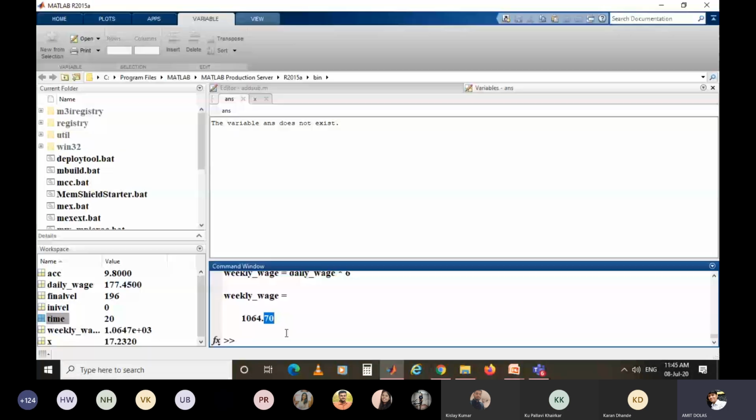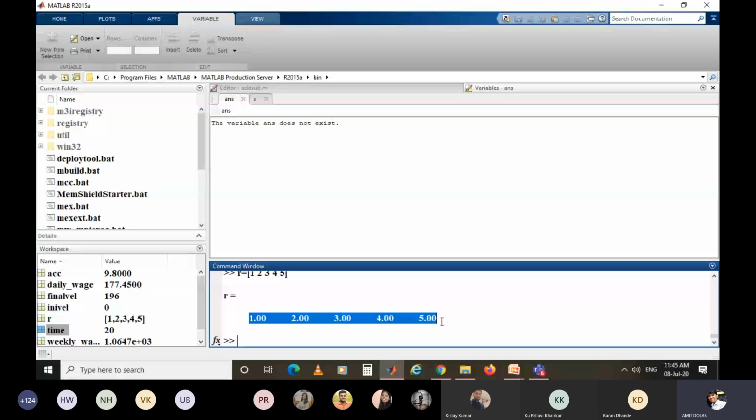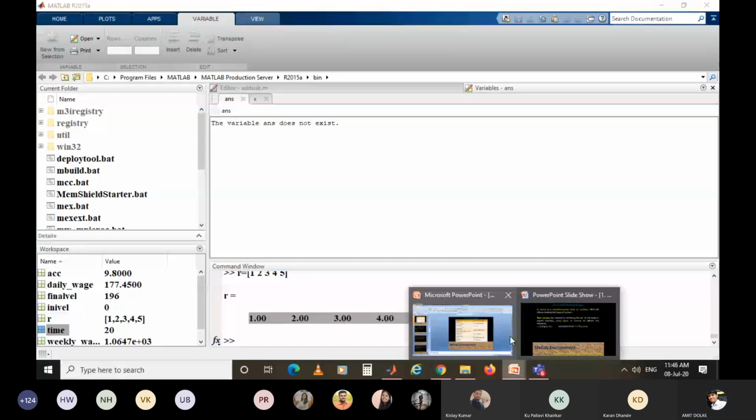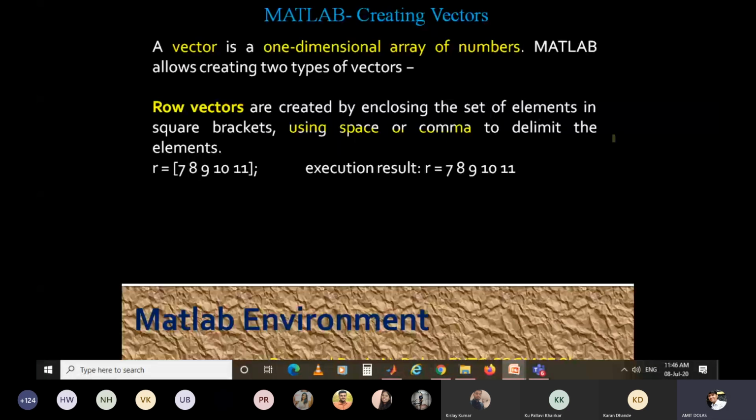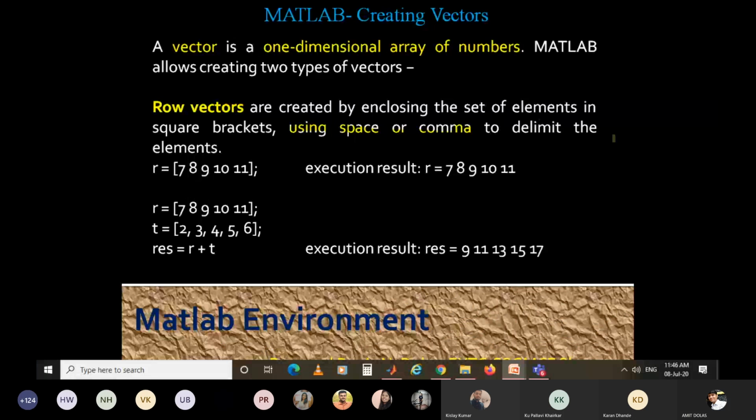So we'll execute that. Row vector R is equal to square bracket 1 space 2 space 3 space 4 space 5 and bracket close. You can see here a row vector is created in MATLAB. Then another row vector is created, that is T, and those two are added together.